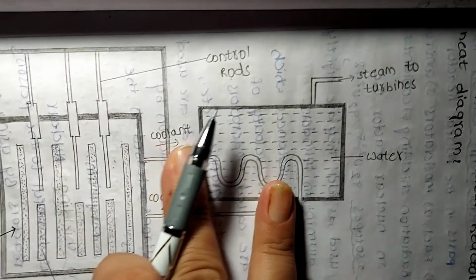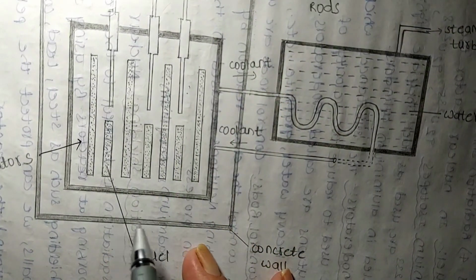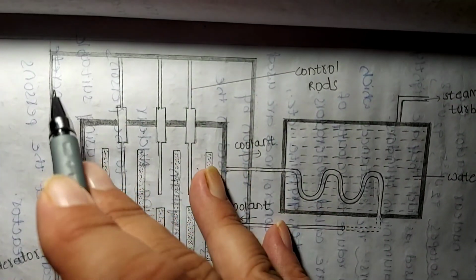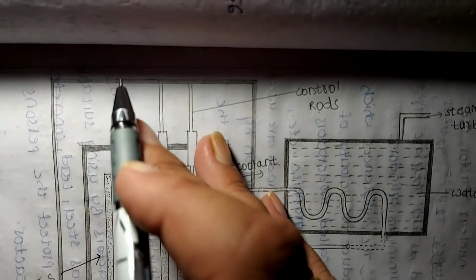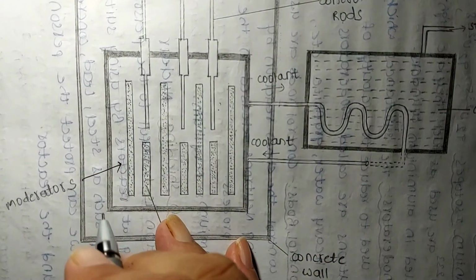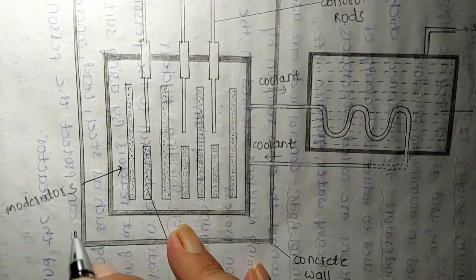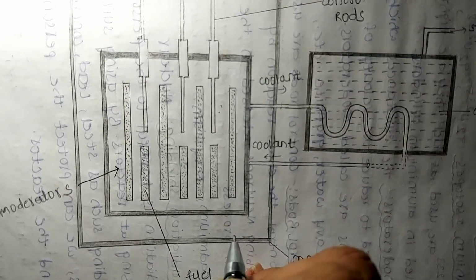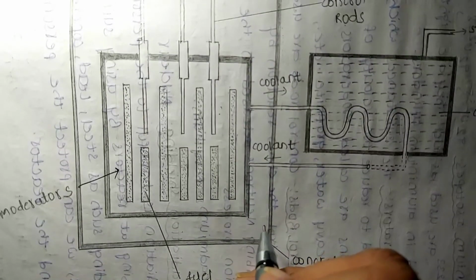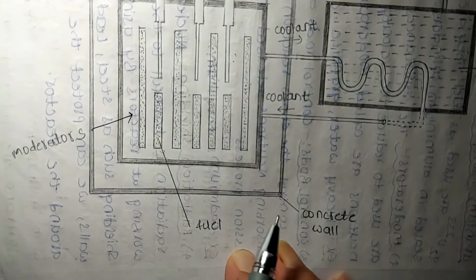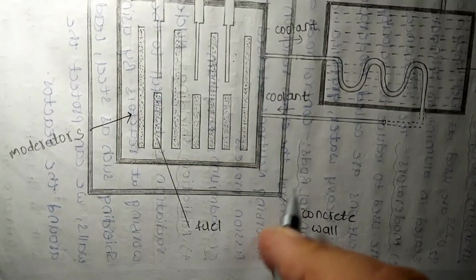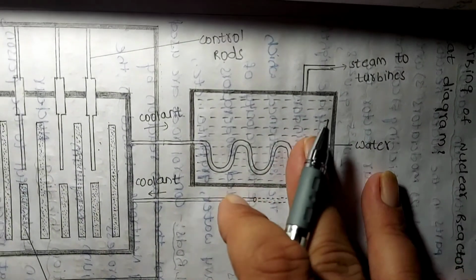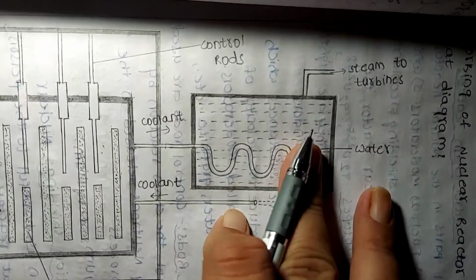Whenever AC generators start working, electricity is produced. And this is the concrete wall. Nuclear radiation is very harmful to the persons working at the reactor. To protect them from nuclear radiations, a wall of thickness 10 meter is constructed, that is a concrete or a steel or lead wall. This wall is known as radiation shielding. In this way, electricity is produced.